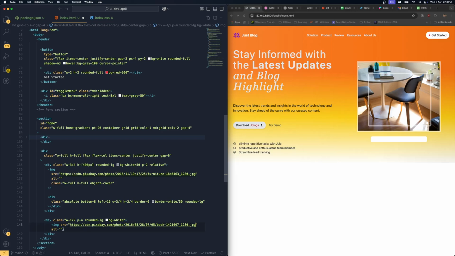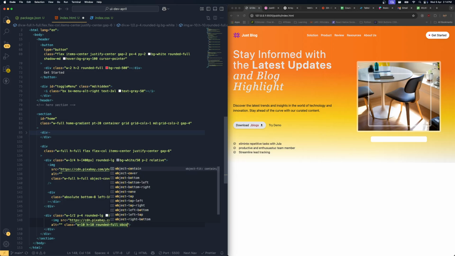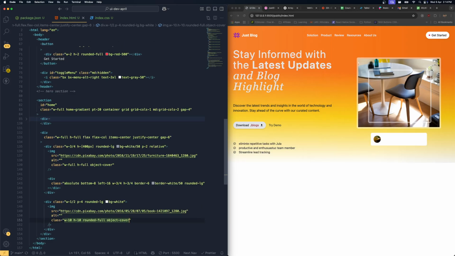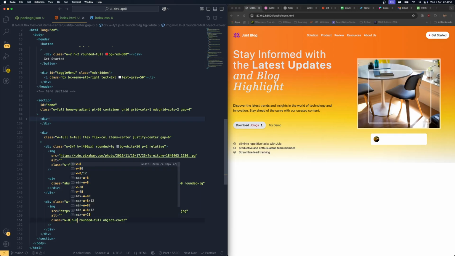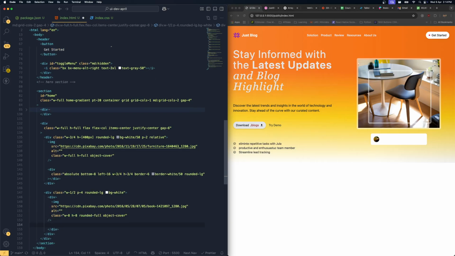Paste it. And for this class, width of course it's going to be 10, 10, rounded full, object cover. Save it. We should be able to see that. Even 10 is also pretty much big. Let's get back to 8 then. Okay, perfect. Then for this div image, and here I need to bring the h2 tag, and for that I'm